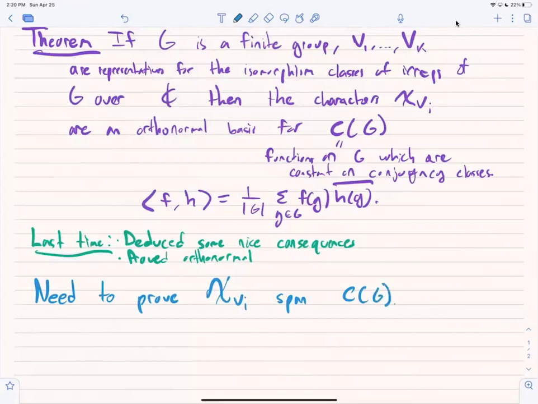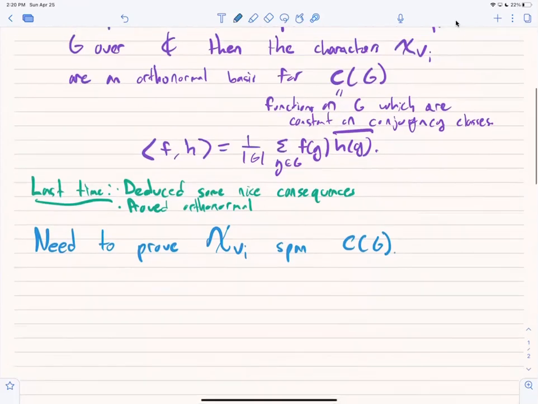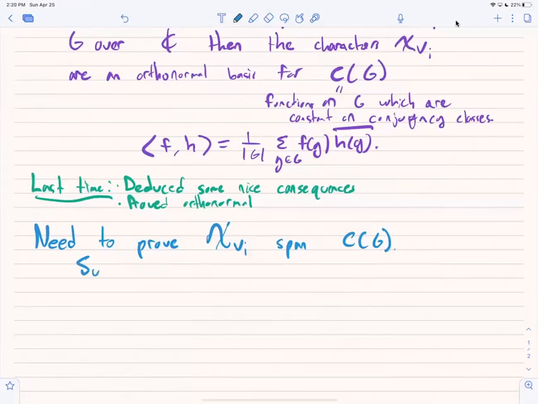Orthonormal implies they're linearly independent, so if we know they span, then we know they're a basis. We're going to use a standard trick for showing some set of vectors spans a vector space when you have an inner product, which is, it suffices to show